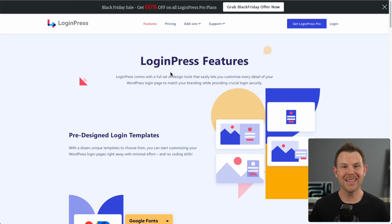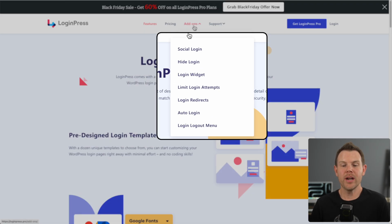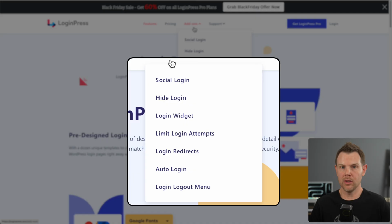But just like Restrict Content Pro, the real power of LoginPress is in the add-ons. That's where you can do things like add in logins for Google or Facebook, or maybe you want to obscure the login so it doesn't say wp-login. Well, now you could change it to just be /login and you'll look a lot more pro. But my 2 favorite add-ons are actually